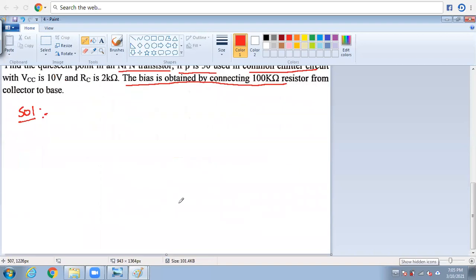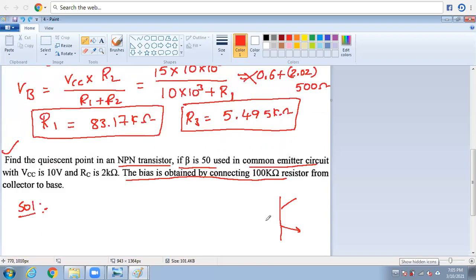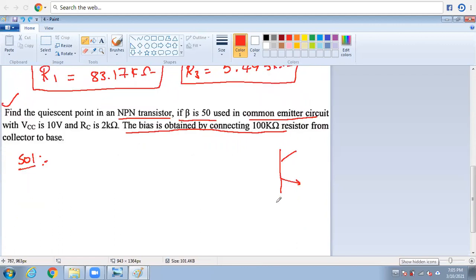Okay, now you have to draw the circuit diagram. This is the transistor. Is emitter resistance given or not? One second. Okay, there is no emitter resistance given. Now RC is also given, right? RC is also given, so I have to write. One second, I will draw this circuit diagram neatly, because this helps more in solving this problem.